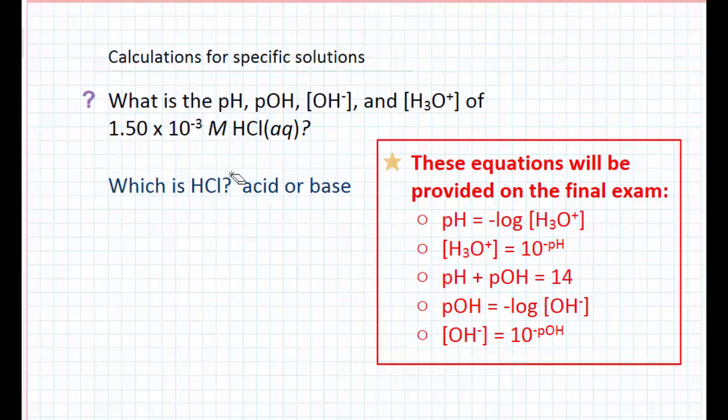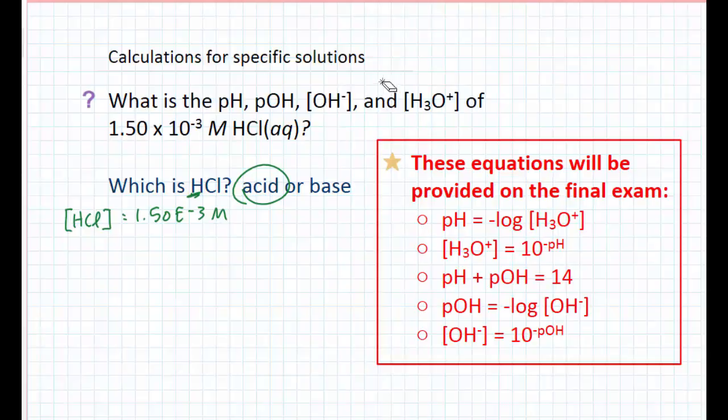So if you ever run into a question like that where you're given a concentration of this particular substance and you're asked one of those questions, first thing you have to do is decide if it's an acid or a base. So what is HCl? Sure. It's hydrochloric acid. Its formula starts with an H. Okay? It's an acid. So if the concentration of HCl is 1.50 times 10 to the negative 3 molar,